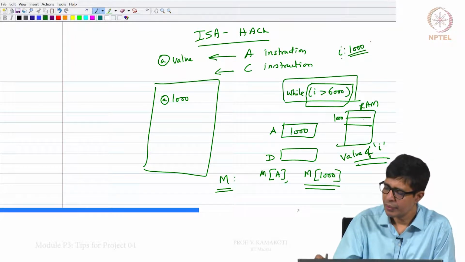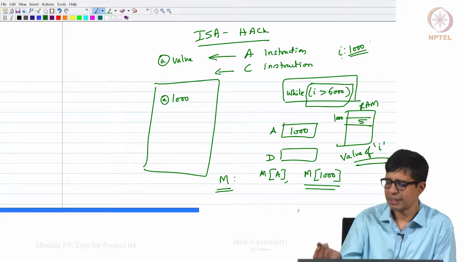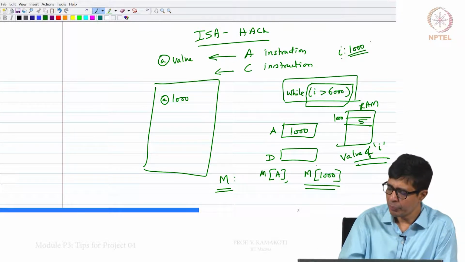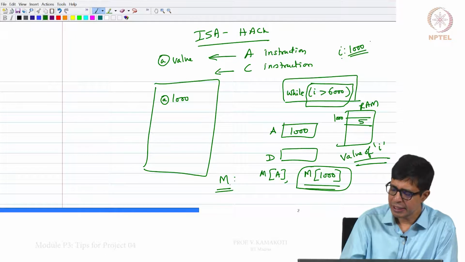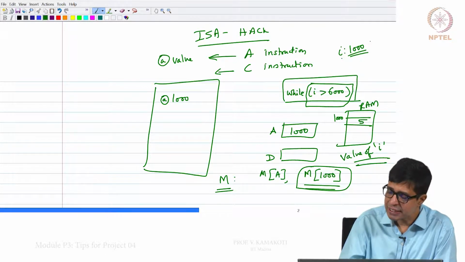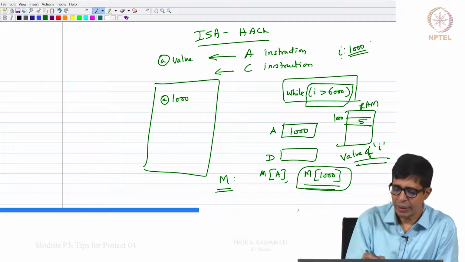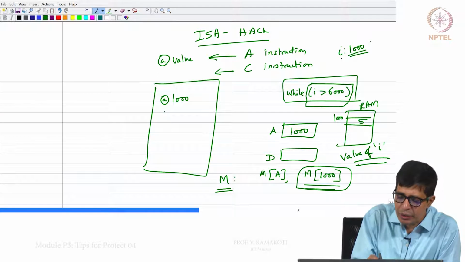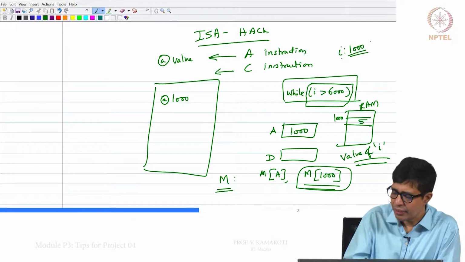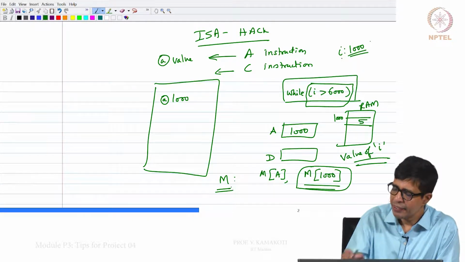Now let that content be 5, for example. The moment I say M, this is M of the address that is stored in A, M of 1000, so it will be 5. So if I use the value M here, it essentially gives the value 5.